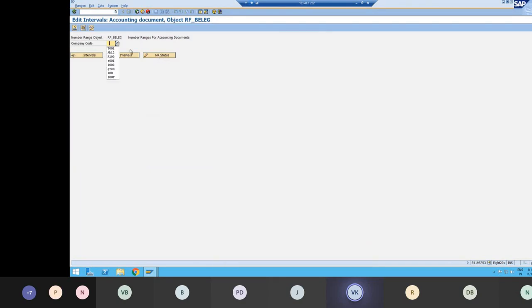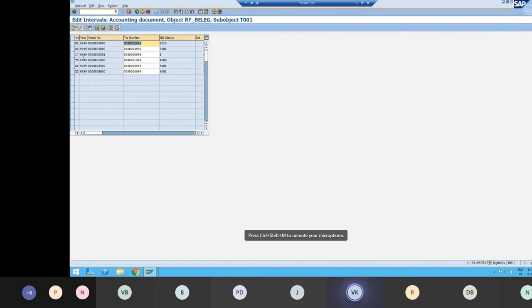Click on this number range information. Enter your company code. Click on display interval. You can see 15 is not maintained, so right now I will maintain it. Click on this plus symbol. Enter 15 here, with the range 6000 to 6999.